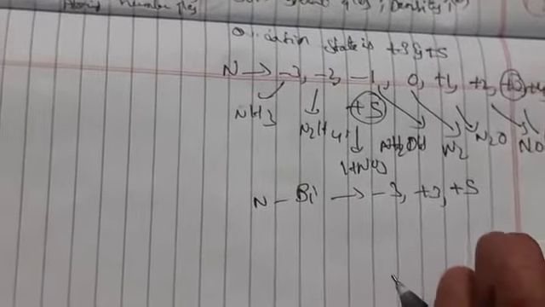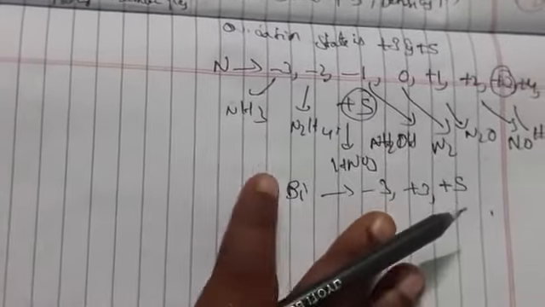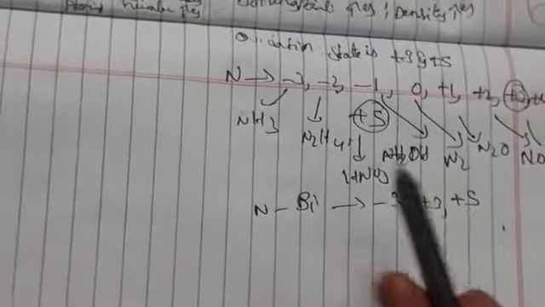Whenever it exhibits the -3 oxidation state, it decreases from nitrogen to bismuth. Why? Because of the non-metallic character of nitrogen and phosphorus, and electronegativity is decreasing. Whenever it exhibits the +5 oxidation state, it decreases from nitrogen to bismuth because of inert pair effect. Bismuth's stable oxidation state is only +3. So this is oxidation state.